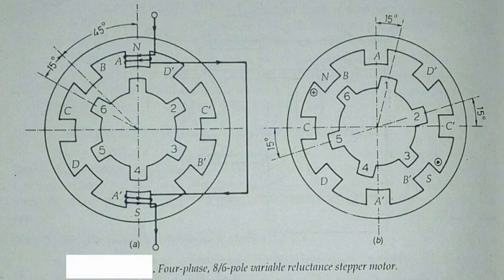Micro stepping can also be used in this case to reduce the step size. For clockwise rotation with a step size of 7.5 degrees, the sequence A, A plus B, B, B plus C, C, C plus D, D, D plus A can be used. By choosing different combinations of the number of rotor teeth and stator exciting poles, any desired step angle can be obtained.